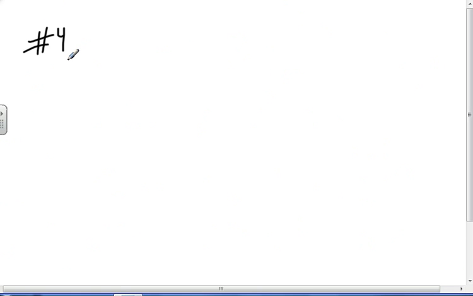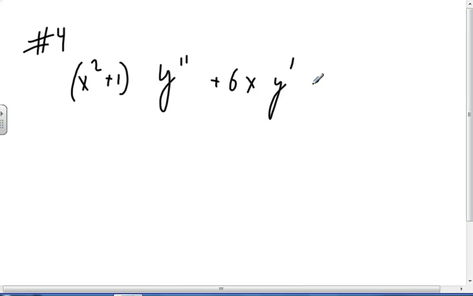Number 4. So what's the key? The key is not to make a mistake early or at all. Is that possible? Yeah, it's possible. I've done it before. Okay, so I've got x squared